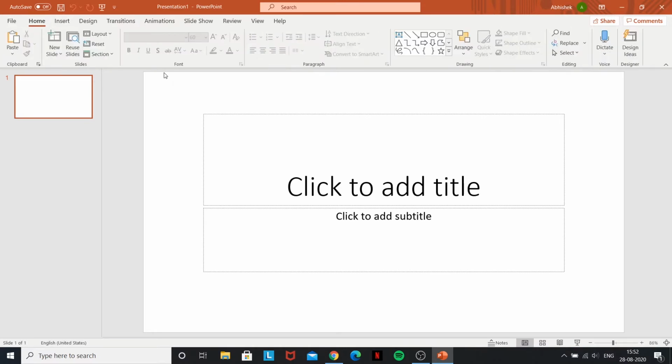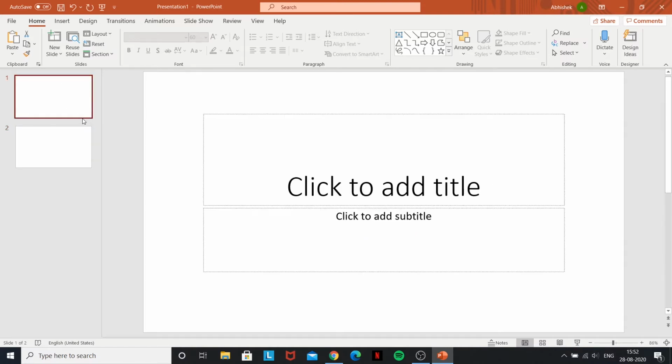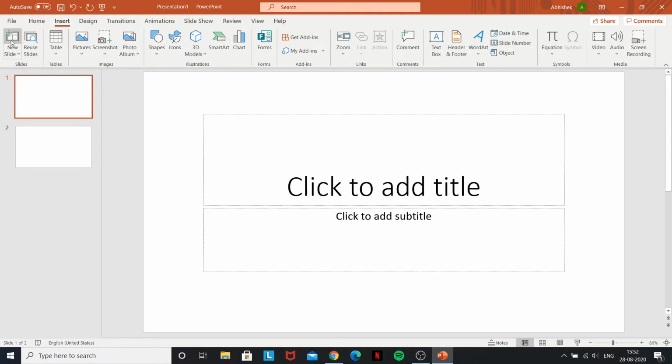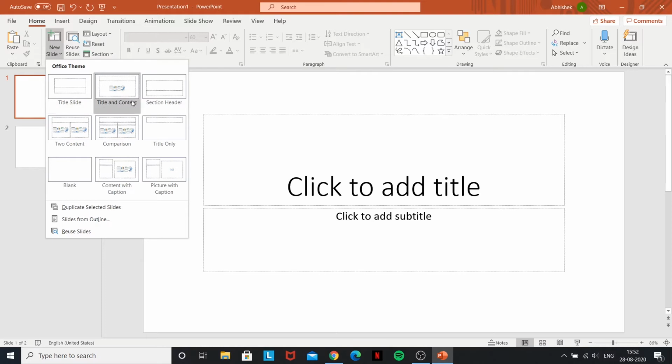In the Home tab, you're immediately shown the first page of your presentation. This is the default page. You can add more, and there are two ways to do that. You can right click on the left side column and say new slide, and it just inserts a new slide for you. Or another way would be to press new slide right here. So you can choose the type of slide that you want: picture, content with caption, blank slide, etc.